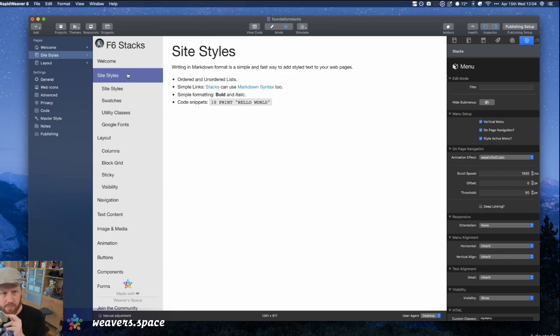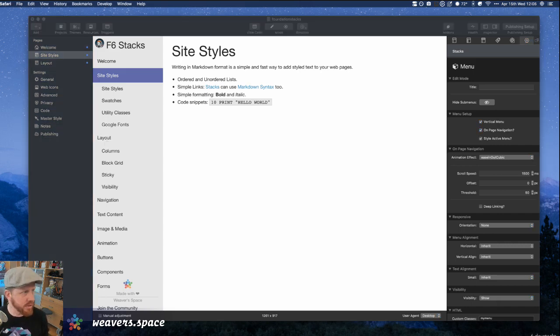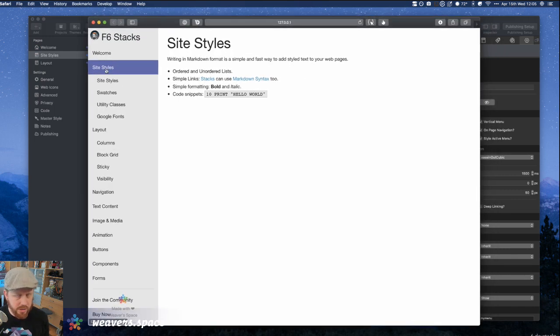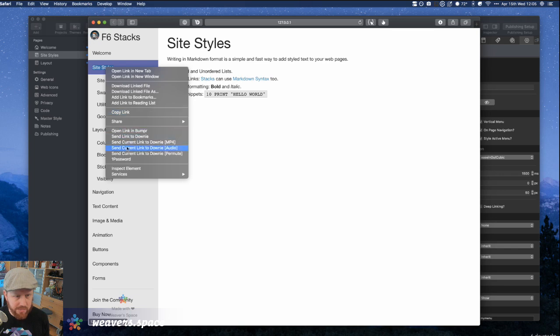So that does style the active page, which actually isn't horrible. Not sure if I'll keep that or not. But what I want to do is I only want the sub navigation on the active page. So what can we do? Let's preview this in the browser because that gives us a little bit more room to look at things. So if we inspect this,